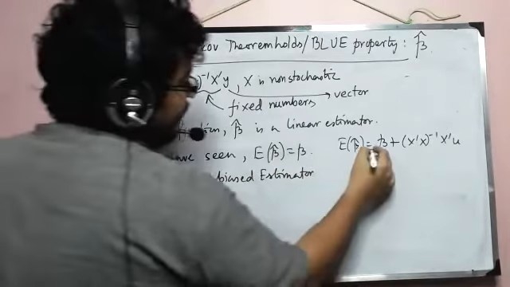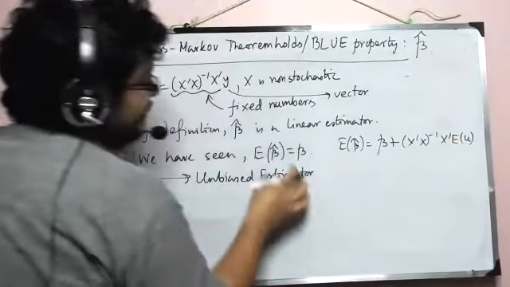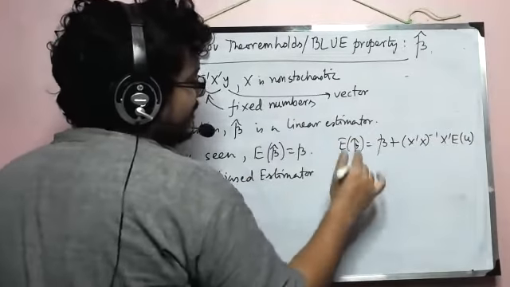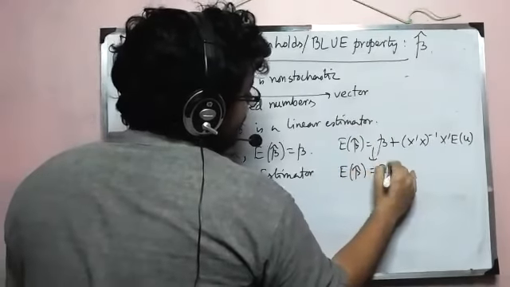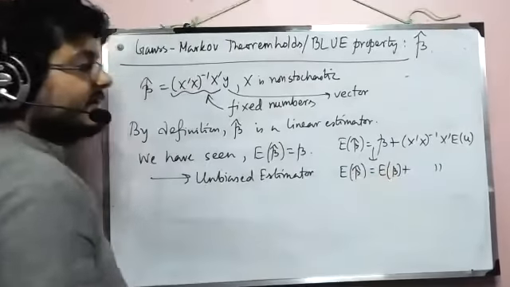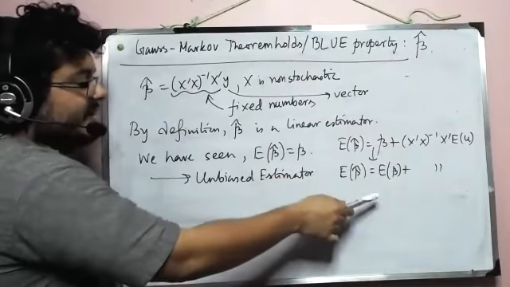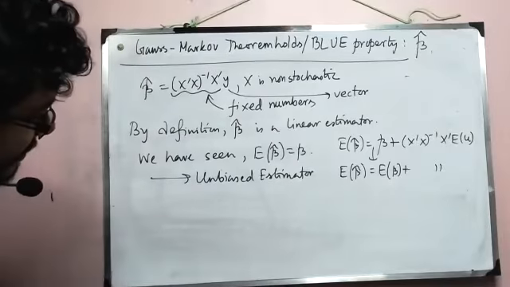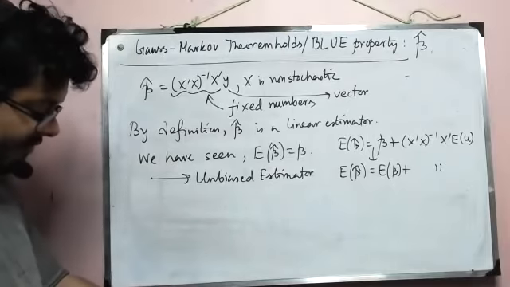Okay, remember one thing: when I'm writing this, it's not that beta simply remains beta. There is a middle line where I write this kind of trivial line that this actually equals expectation of beta plus this thing. And then I say that beta is a constant, and then in the next line I write beta. Because beta is a constant, the expectation of beta equals beta. You can easily see that it is almost identical with what we have done.